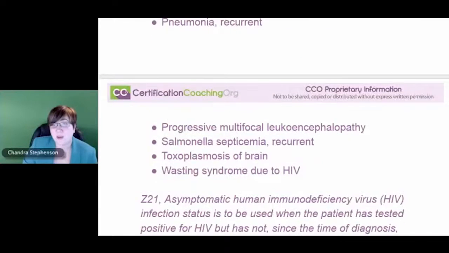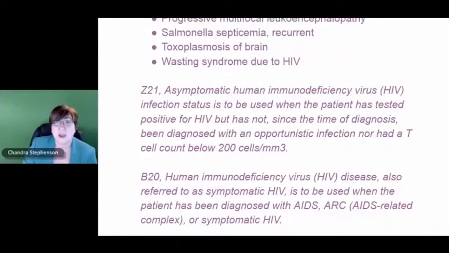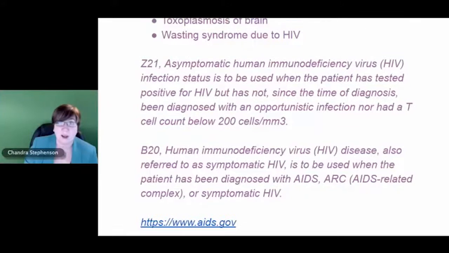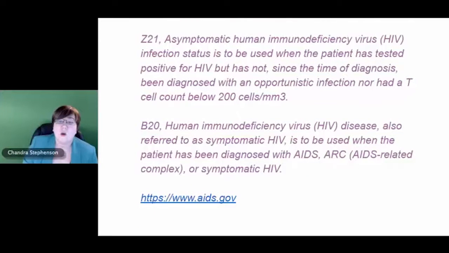The reason I point these out, this is a good list to put in your ICD-10 manual somewhere, because if the provider's documentation simply says known HIV and then lists one of these conditions like lymphoma, that patient automatically has AIDS, and the Z21 asymptomatic code should not be used. So you may not have the provider documenting the phrase AIDS, even though that code is substantiated and backed up by the documentation. The B20 is the code that we associate with AIDS, and it is actually Human Immunodeficiency virus